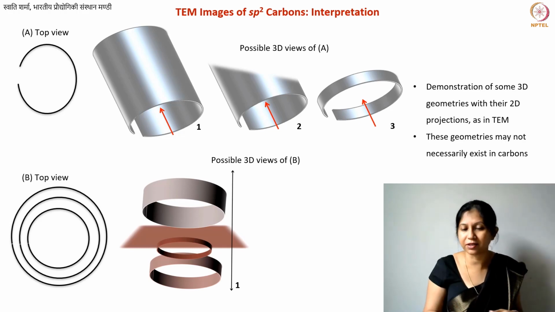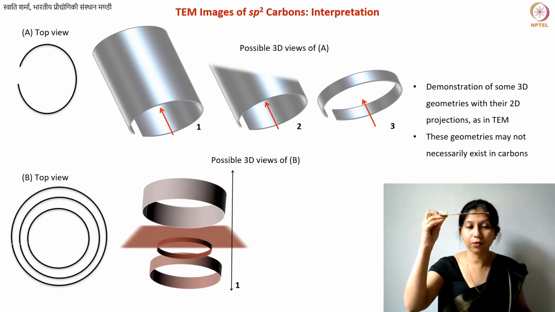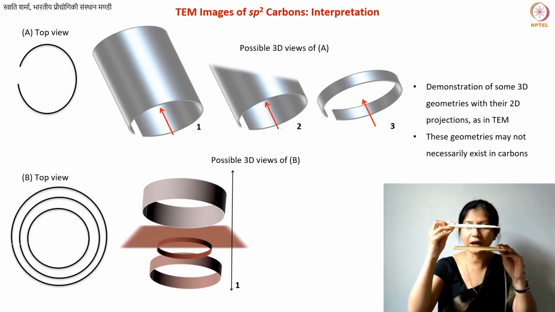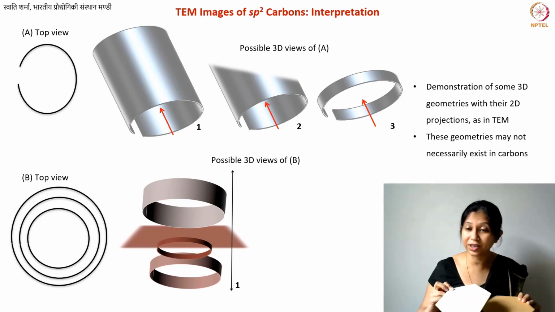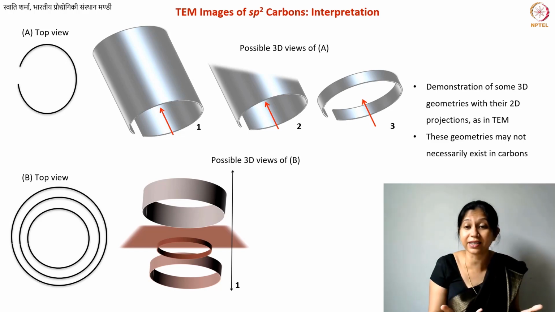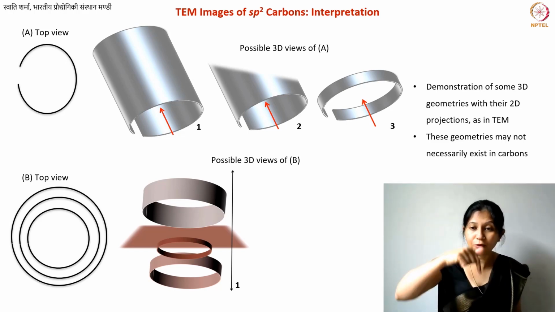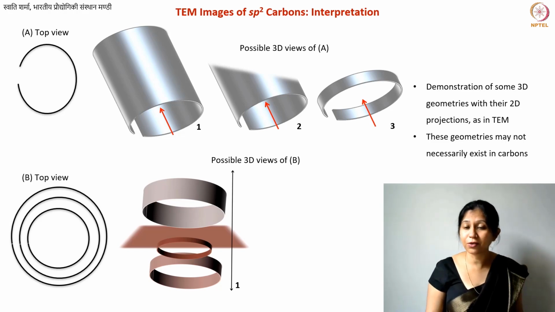Let's say you have these ring-like structures. Then there is one over here, and the other one is over here, and then there is a smaller one somewhere here. And then there is also a complete plane in between, which you don't see because you're only seeing the top view, and the edges are not present within this structure. All of this, if you look from the top, will also give you these kind of three rings. This will be the projection.